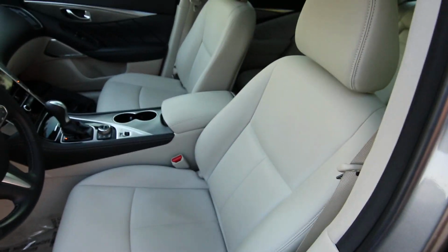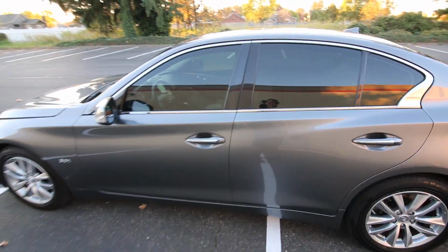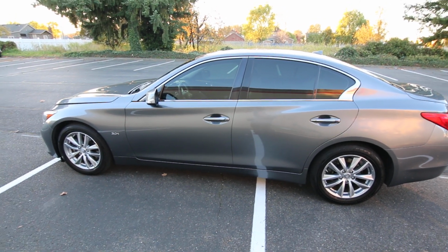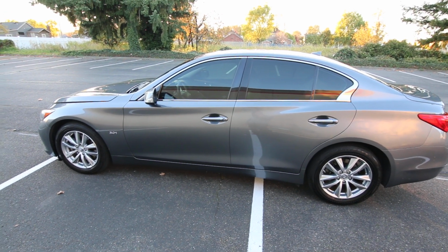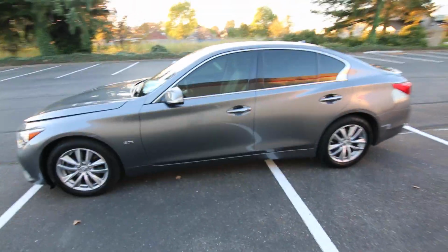Graphite gray on stone. The lighter interior is a little bit more rare on the Infinitis. I'd say probably 60, if not 70% of people opt for the dark graphite interior, which is black, which looks great, but some people like a little bit brighter, happier colors instead of the black dark interiors, especially in our overcast climate. This one features intelligent all-wheel drive, great for the wet, slippery weather we have in the Pacific